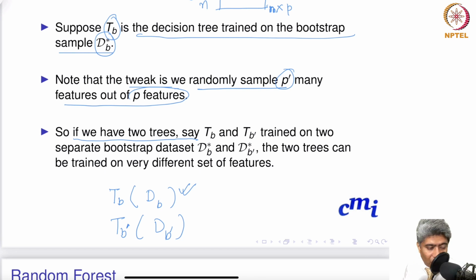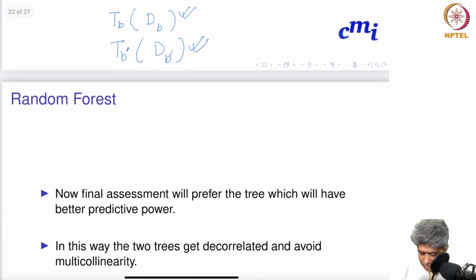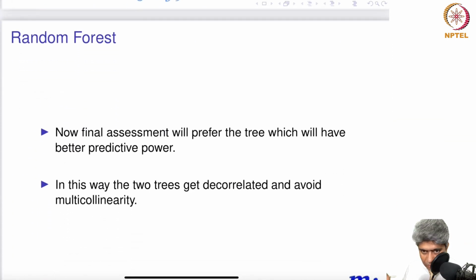One could be trained on, say, features 1, 2, 3, and the other on completely different features 9, 10, 11. So they could be very different models. Then from these models you take the votes and the predictions. In the final assessment, you will prefer the tree which has better predictive power. In this way,